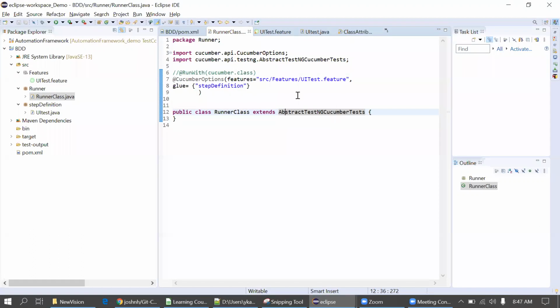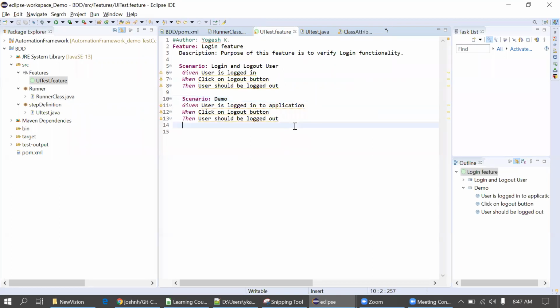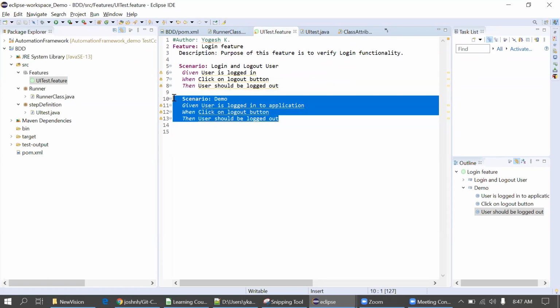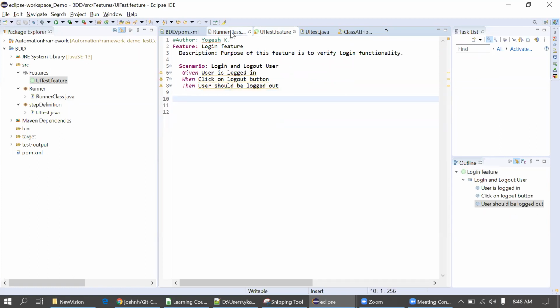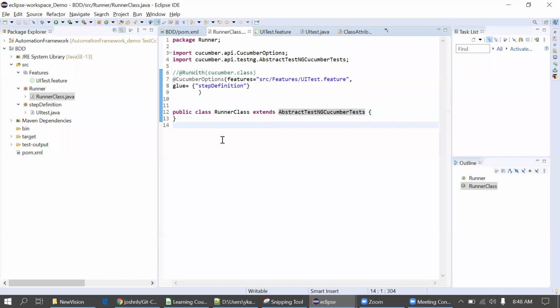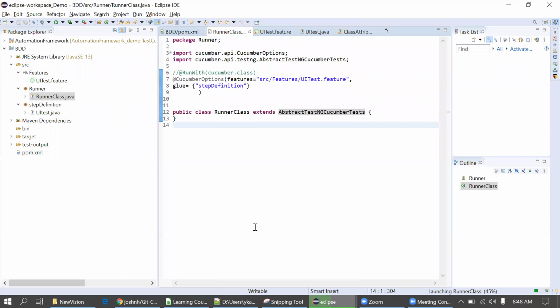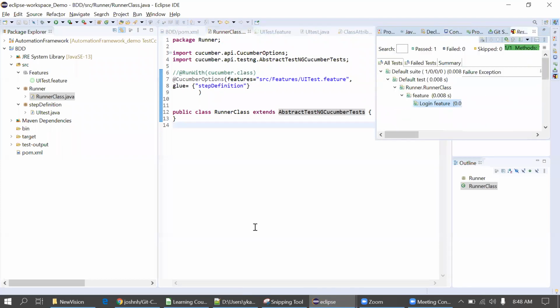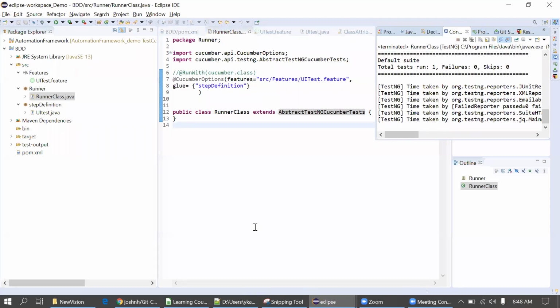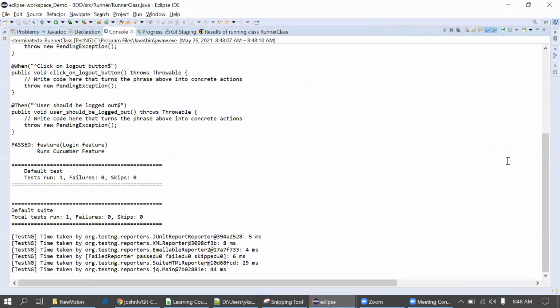Okay, so now I'm coming back to the feature file. Now I want to write some code for this feature file. I'm keeping only one scenario. Now I'll execute this runner file. Right click, Run As, TestNG Test. I have not yet written the code. I have simply put this feature file, and I want some methods to be called when running the feature file. So I'm reading this output.